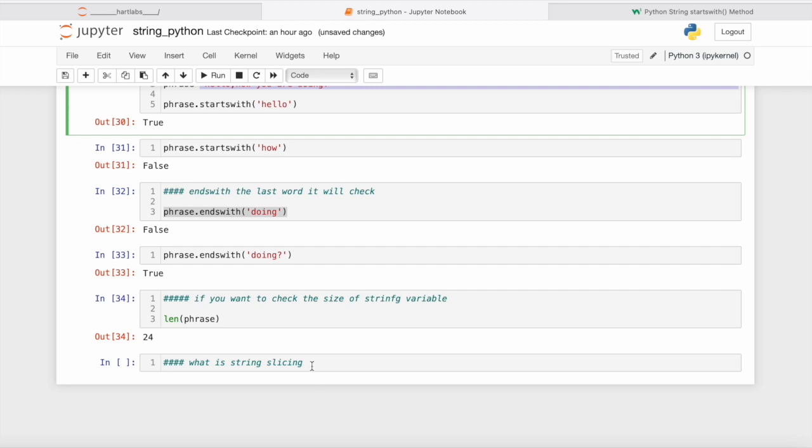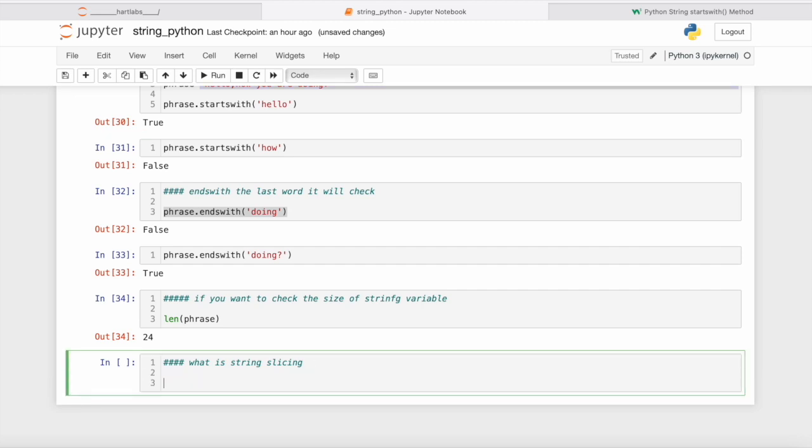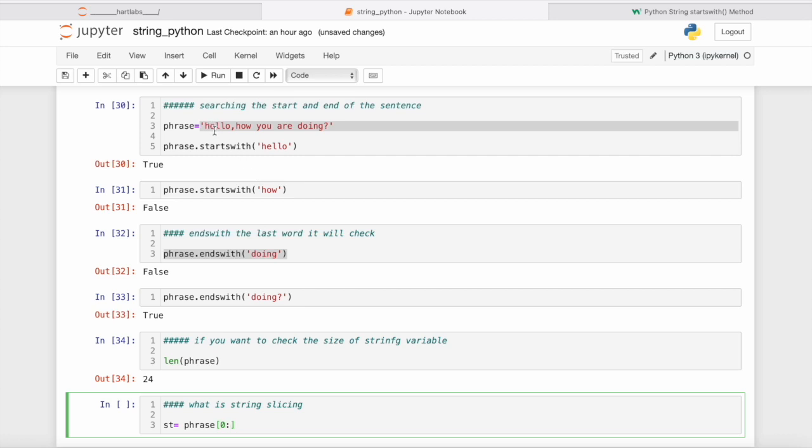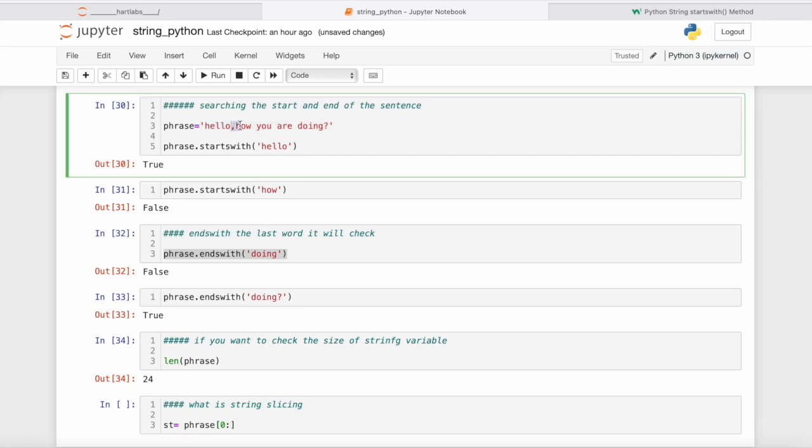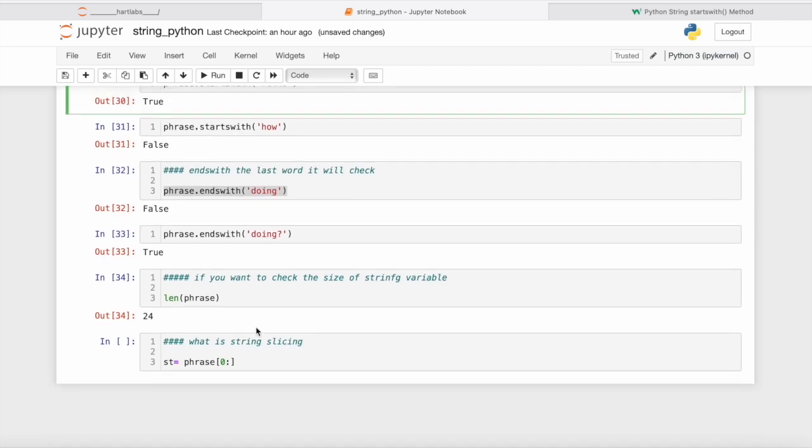So let's do the slicing. I will say st, a new name, where we will do slicing. st equals to phrase, start from 0 and go up till 0 1 2 3 4. I'll go up till 5, because it will go up till 5 and display till 4. So 0 to